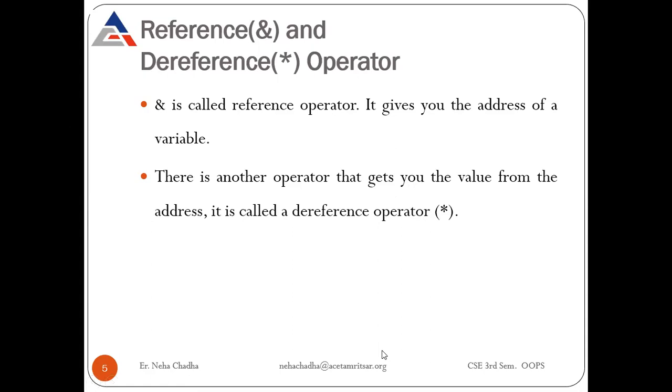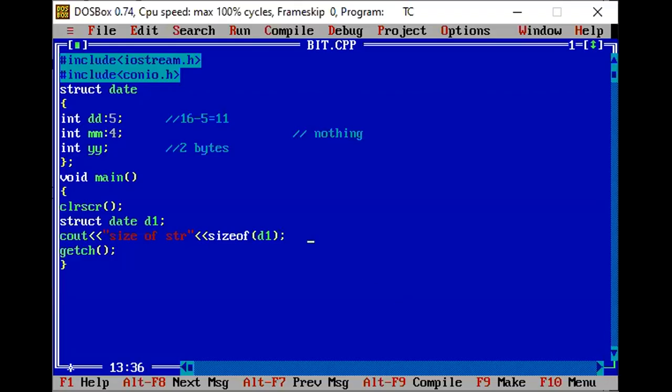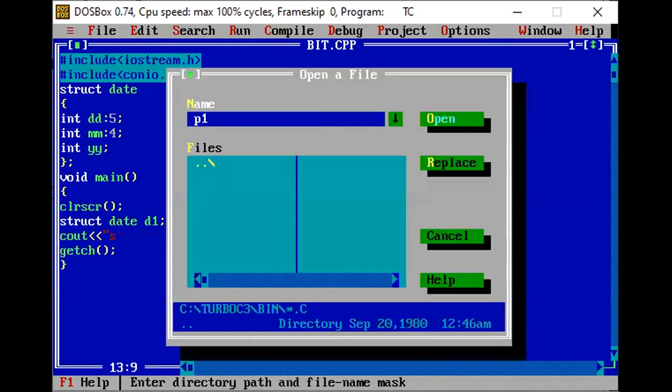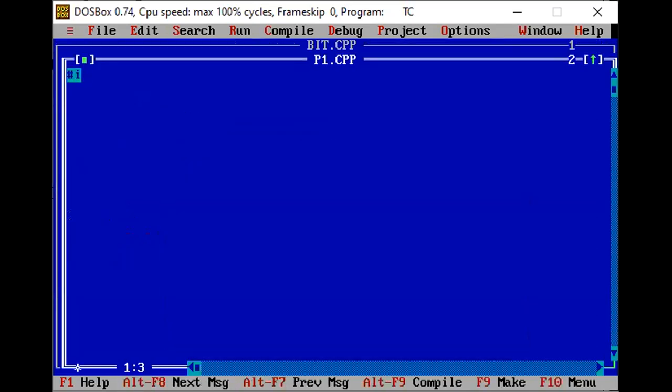Let's go with one example here to clarify the concept of pointers. Here we will use simple header files, iostream and conio. Your general header files.